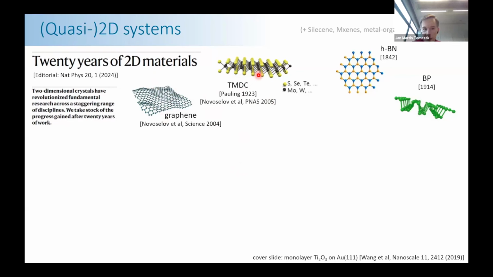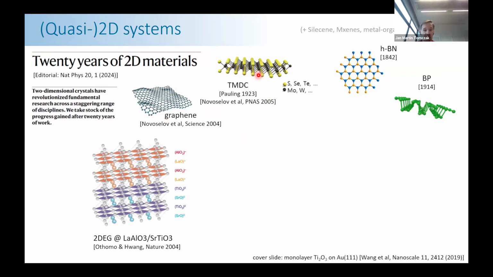But at the same time, there was other 2D physics that came into being, more in the work that I'm interested in, that of oxides, namely the emergence of a 2D electron gas at the interface of two different oxides. And at the heart of this was the advance in experimental synthesis techniques that allowed for